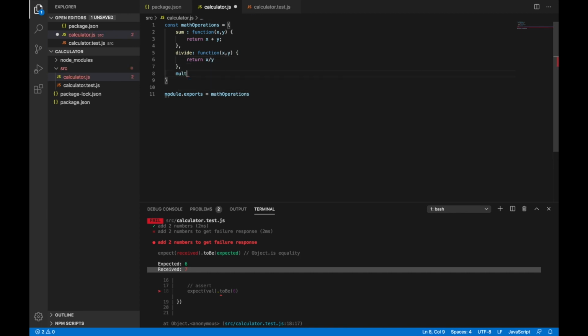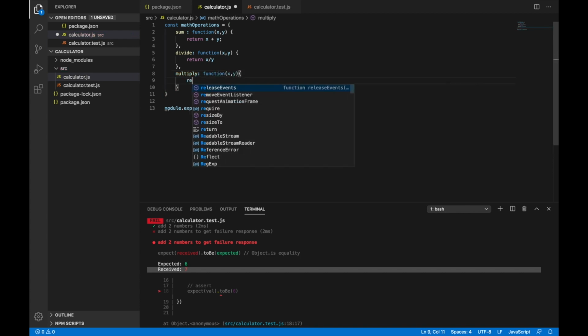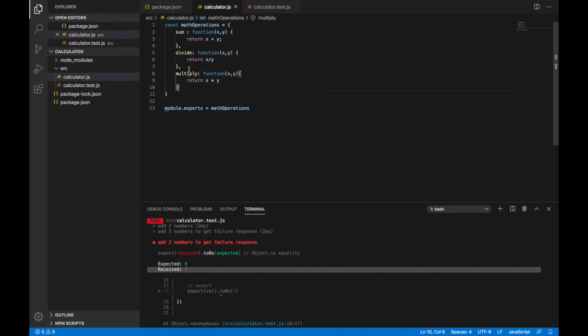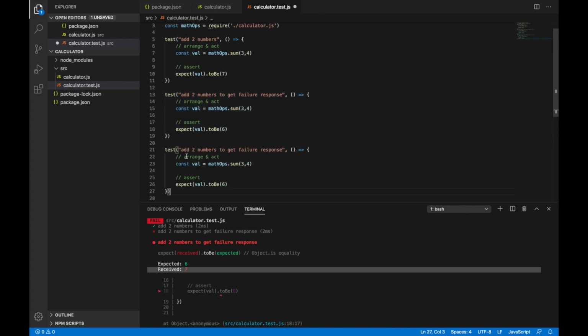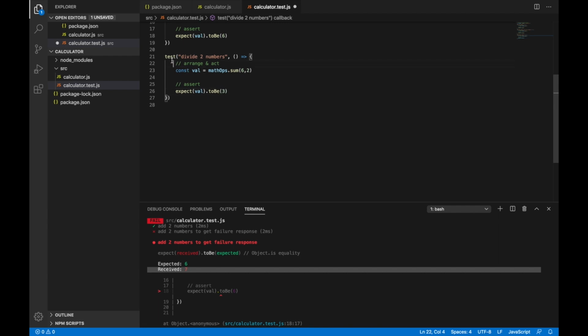Let's write multiply, return x into y, and let's write tests for these. I'll just copy here. I'll say divide two numbers. Suppose the value is say 6 and 2, and the result to be 3. Let's write a test for multiply as well.